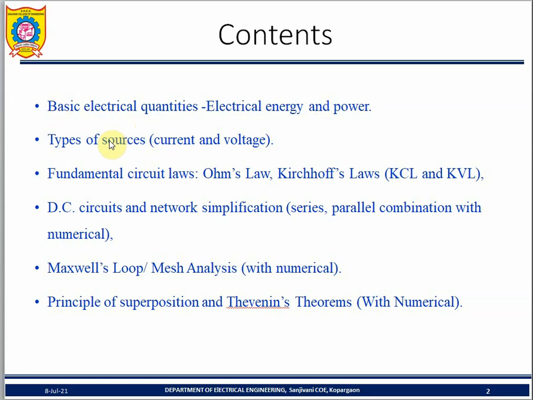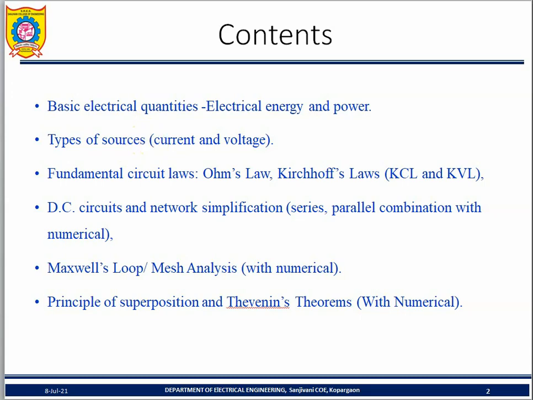So the input is mechanical energy. What type of energy? Hydro power plant, hydro energy, water, steam energy. There are different kinds of power plants. From the power plant, it generates AC energy, AC electricity, the AC source. And what is a DC source? It converts an AC source into a DC source with the help of a rectifier. Your mobile phone adapter is doing this. So that is how the sources are classified.